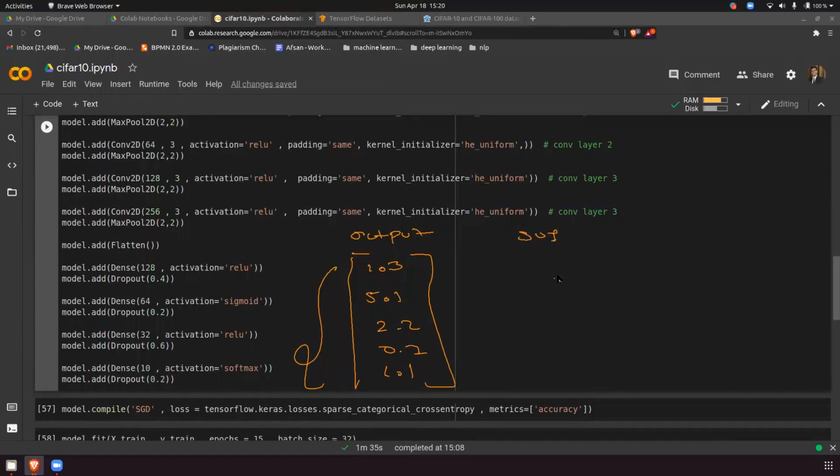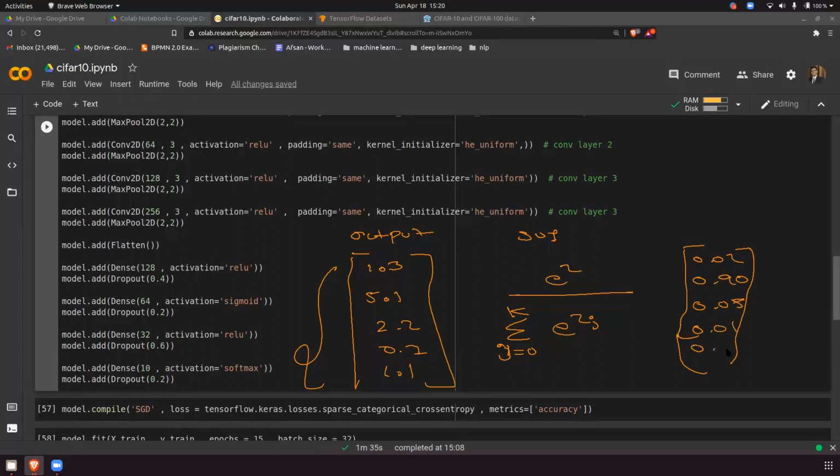The formula is e to the z divided by the summation of j equal to 0 to k, where k is the number of output nodes, and this gives the answer in probability. For example, 0.02, 0.90, 0.05, 0.01, 0.02. Among these, which has the highest probability?